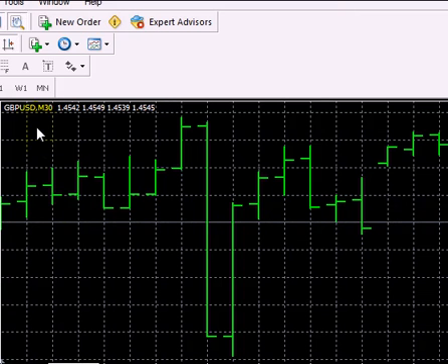The first thing we're going to look at here is the pound-dollar pair. This is a Great British Pound US dollar 30-minute chart. I'm actually using MetaTrader, and I'm going to be using that throughout this training. I think it's a great platform. I use it myself, and I definitely recommend that you do so as well. Not to mention, it is a free download through quite a few brokers. You can even set up a demo account and do a demo trade with it. So definitely recommended. So let's go ahead and get started with trade number